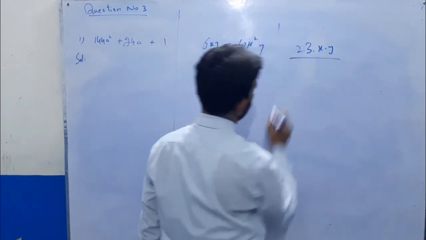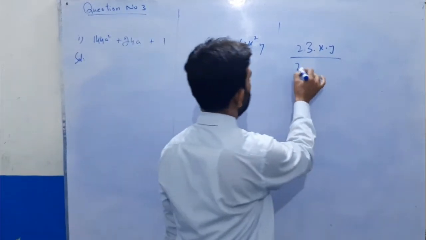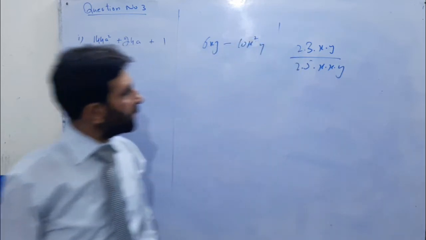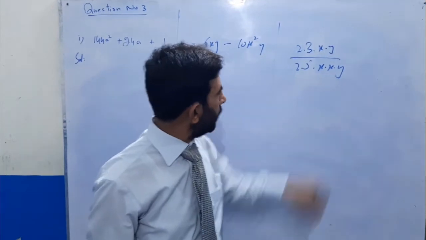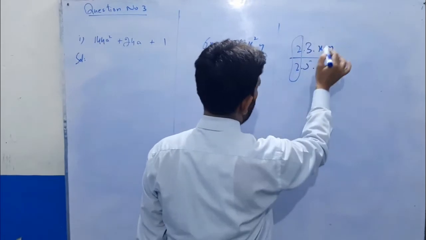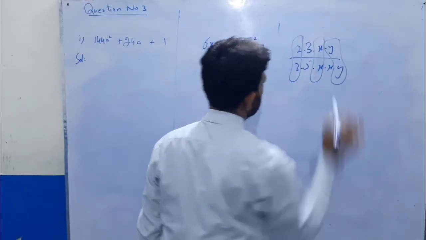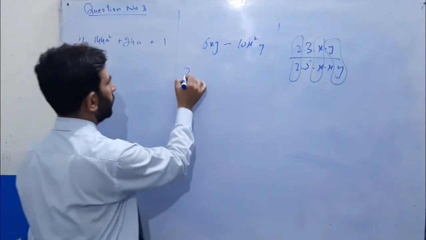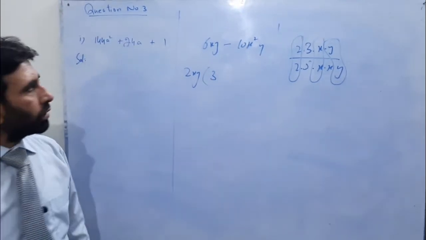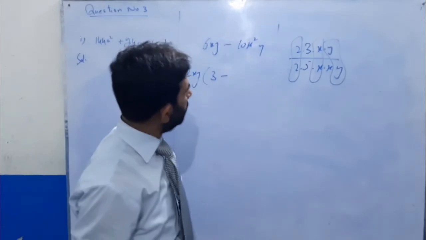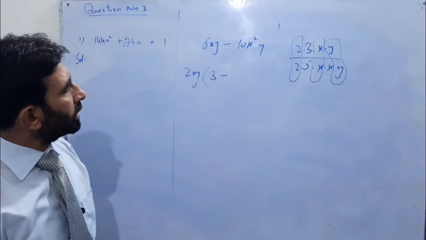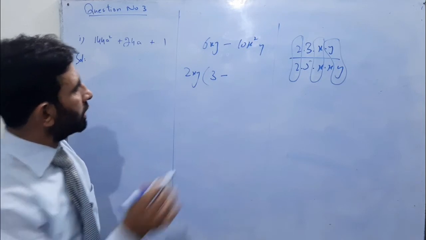So draw a line over here. Instead of 10, you can write 2 times 5 times x times y. It becomes 10x square y. So instead of 10x square y, we can write its factors. Now check what's common. 2 is common, x is common, and y is common. So 2xy is common over here. What's left above the line? 3. Then the same sign will be written down, minus, and then instead of 10x square y, we had written 2 dot 5 dot x dot y. Out of these, 2xy is common and remaining there is 5x.